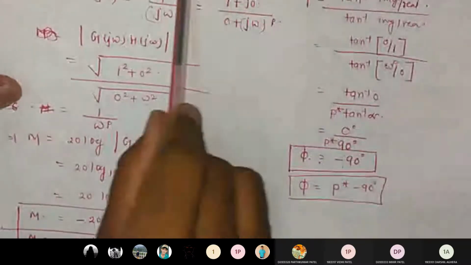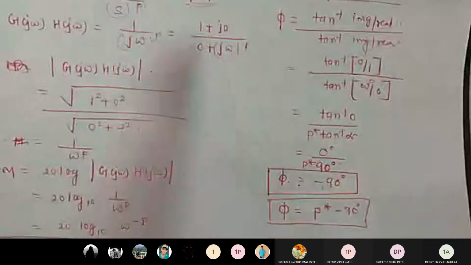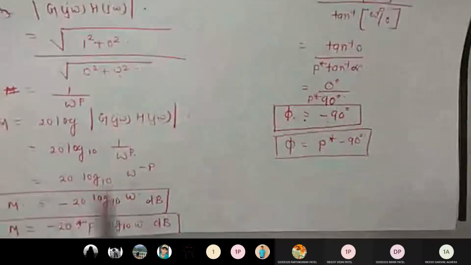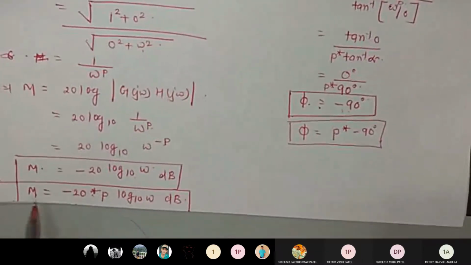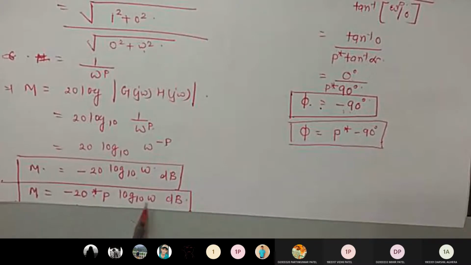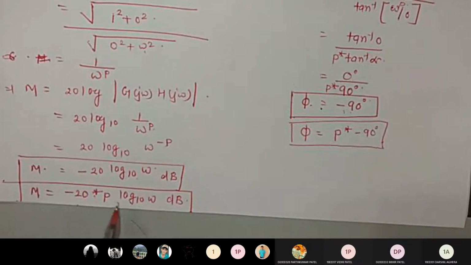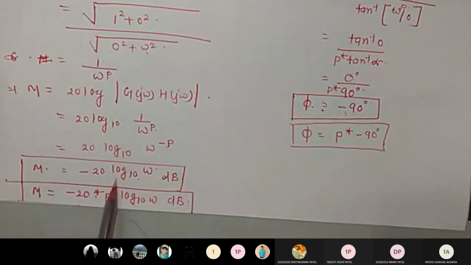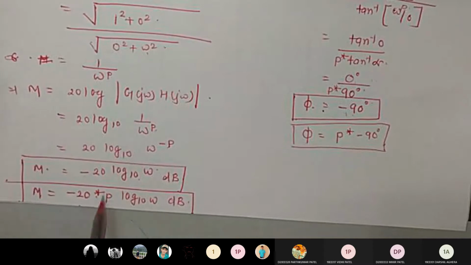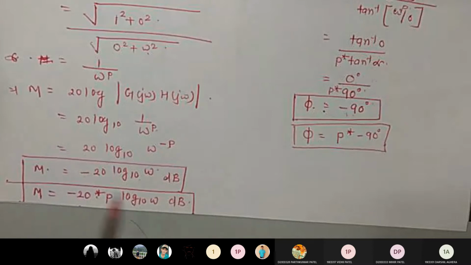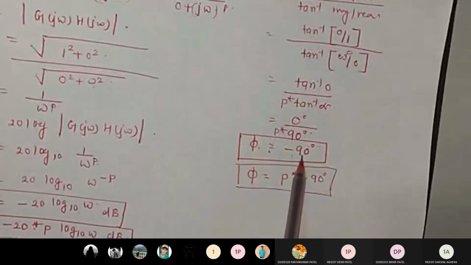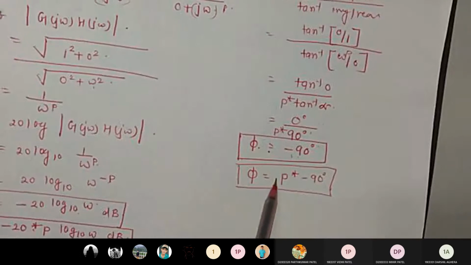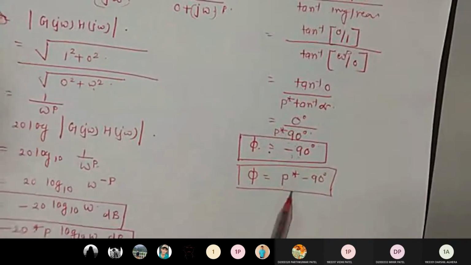For that we have taken pole at origin is equal to 1, and we have analyzed it and found out the equation for the magnitude plot. So for the magnitude plot, you will be getting minus 20 log omega, log 10 omega. If there will be a multiple pole at origin, it is going to be multiplied. So one equation will be minus 20 log omega dB magnitude, and if it is a multiple pole, s square, it is going to be minus 40 log omega dB. Similarly, for the phase angle plot, we will be having minus 90 degree. And if there is a multiple pole, whatever the number of P, we will be having this.